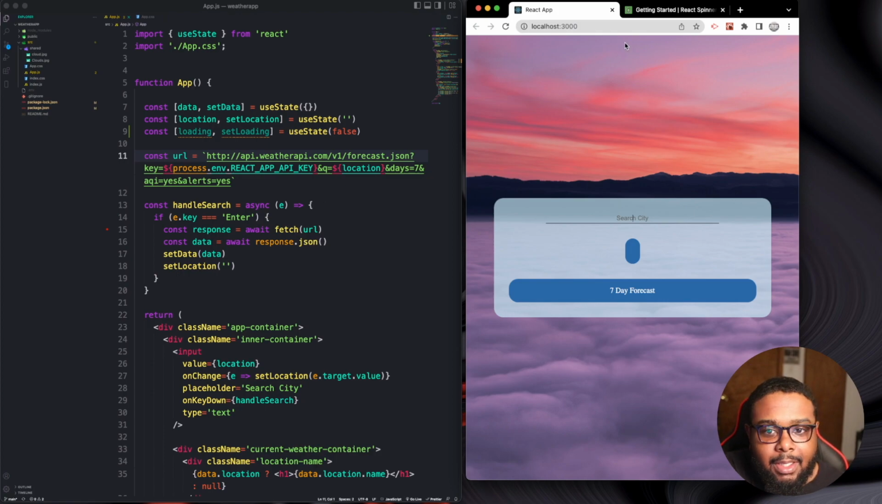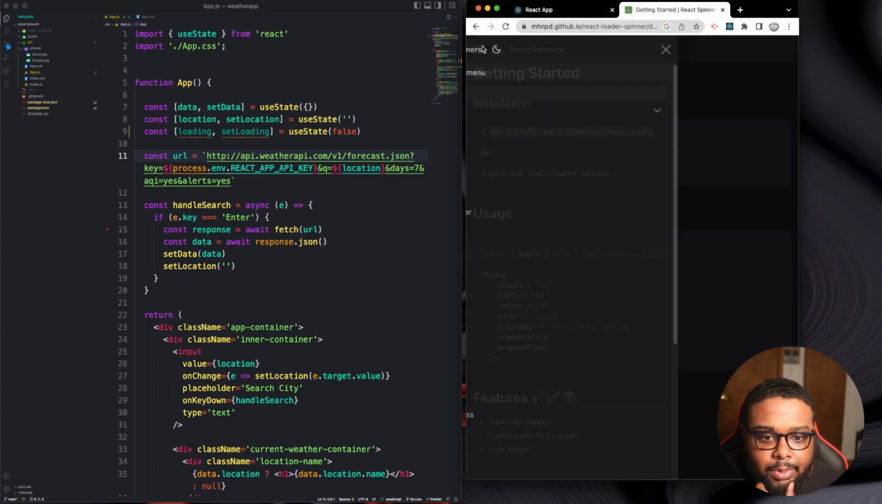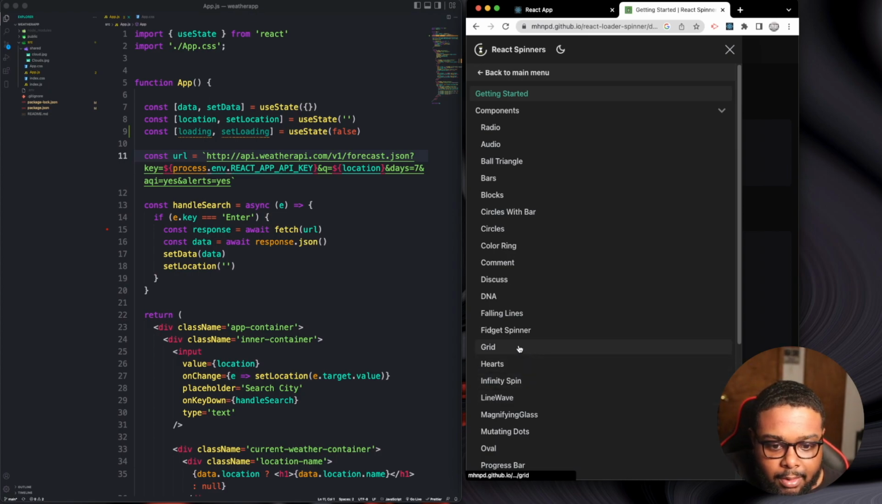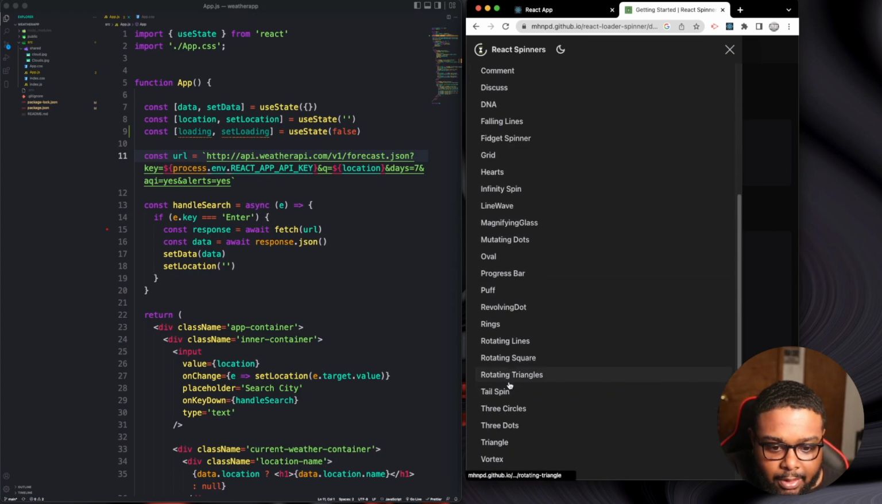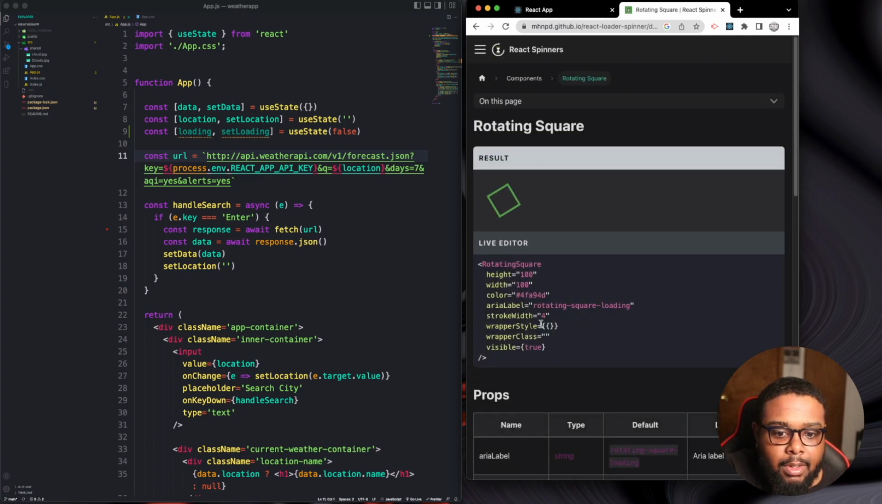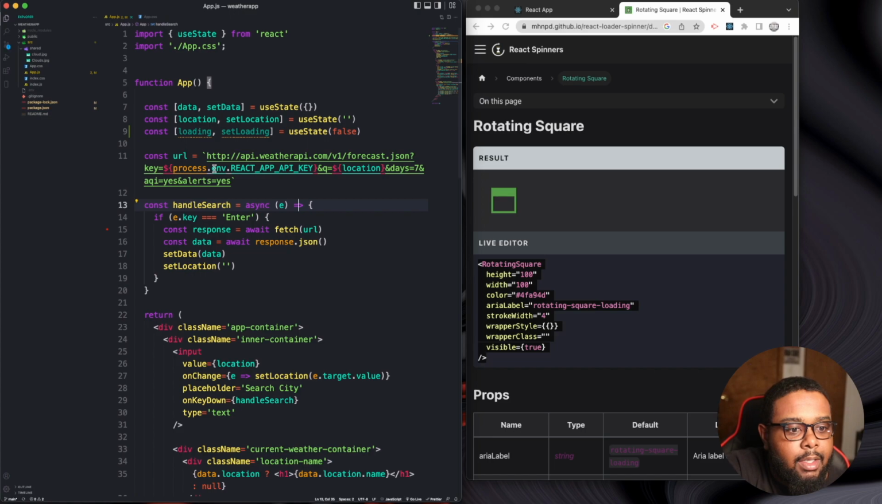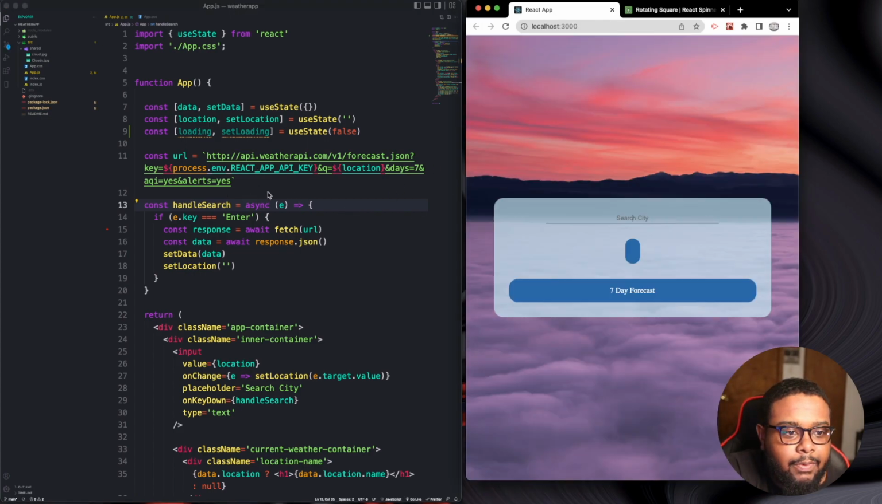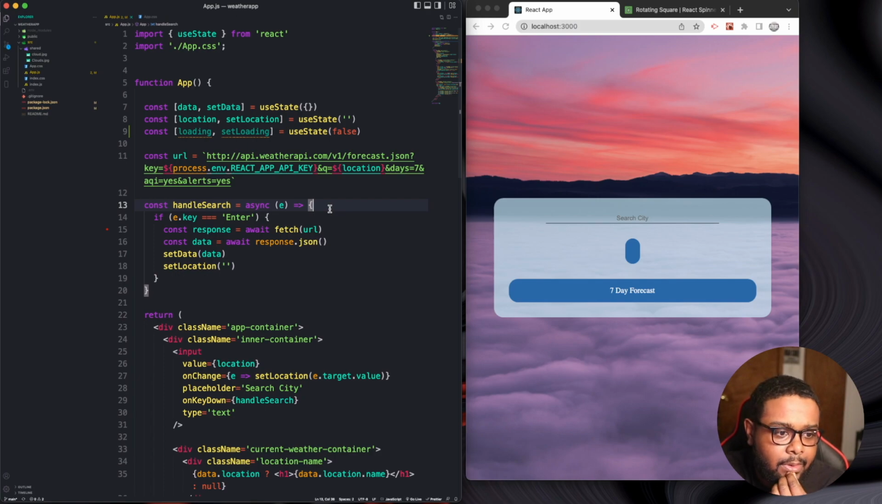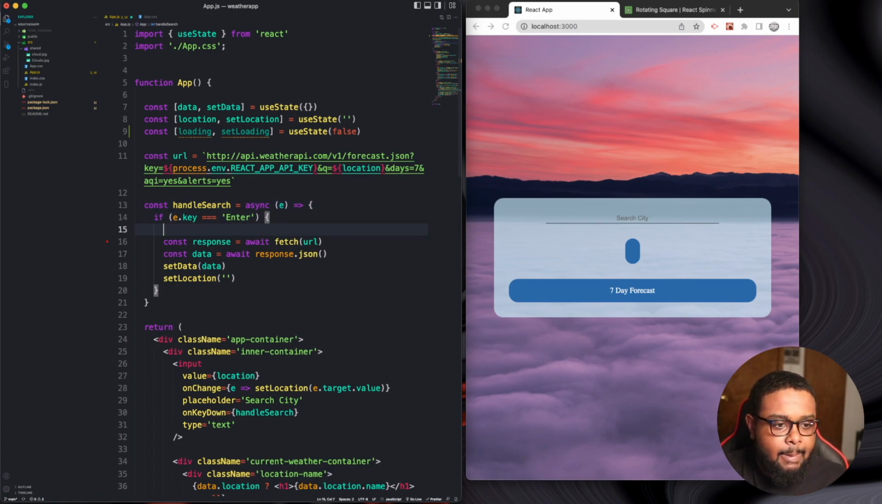Go back to my weather app, and before I do that, let's go get the one that we want. So I'm gonna go down the list. I'm gonna try the rotating squares first. This is the code I'm gonna need. All right, so let's do the delay first. I'm not sure how I'm gonna do this. So if e.key equals Enter, so I don't know if it's Enter, I want to set loading to true, and then